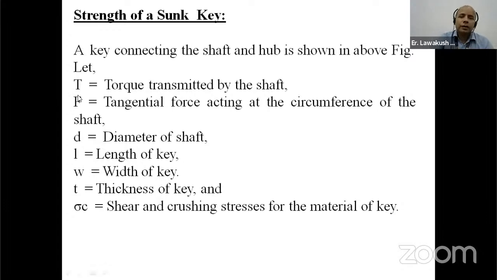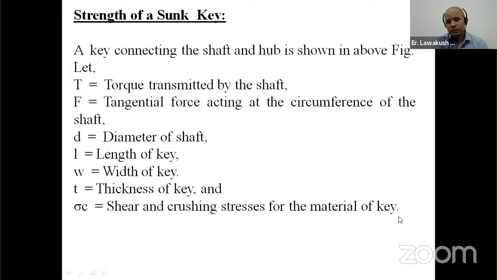Let capital T be the torque transmitted by the shaft, capital F the tangential force acting at the circumference of the shaft, small d the diameter of the shaft, small l the length of the key, small w the width of the key, small t the thickness of the key, and sigma c the shear and crushing stresses for the material of